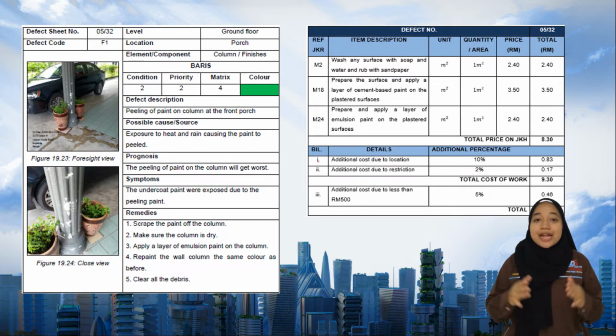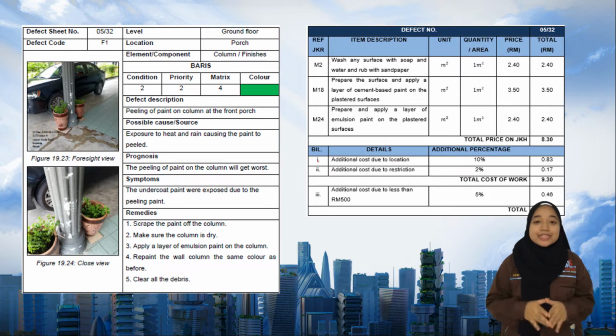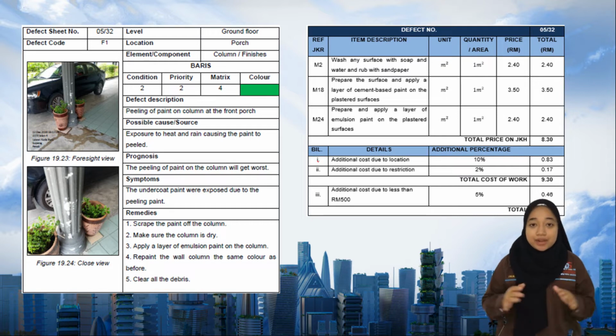In addition, there are some defects of building fabric in this house. One of it is peeling of paint on column at the front porch. The column is peeling of paint due to exposed to heat and rain. The condition of this defect is minor repair, while the priority is minor defect but can lead to serious defect